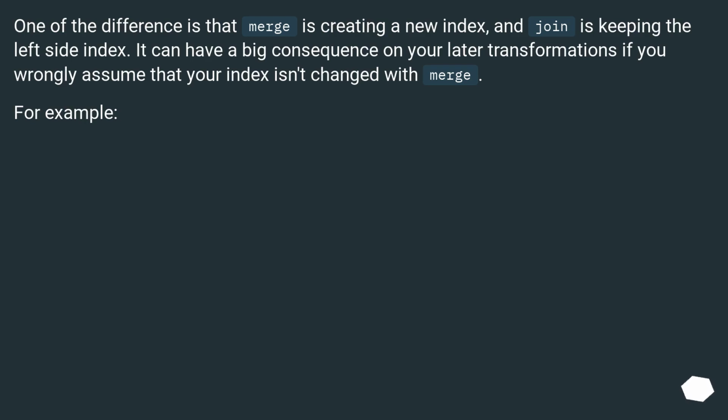One of the differences is that merge is creating a new index and join is keeping the left side index. It can have a big consequence on your later transformations if you wrongly assume that your index isn't changed with merge. For example,